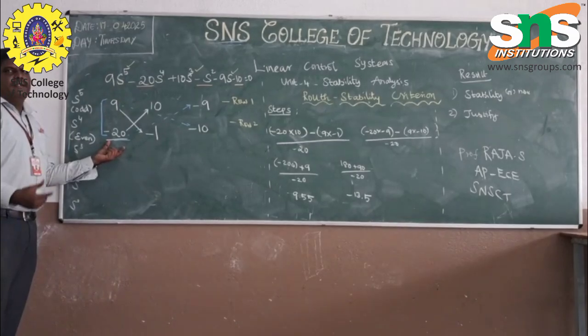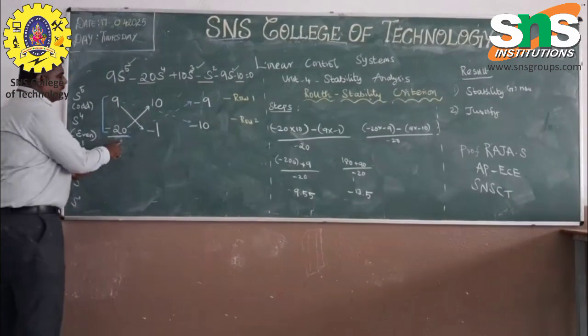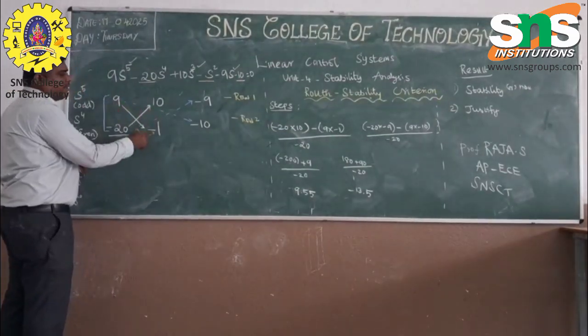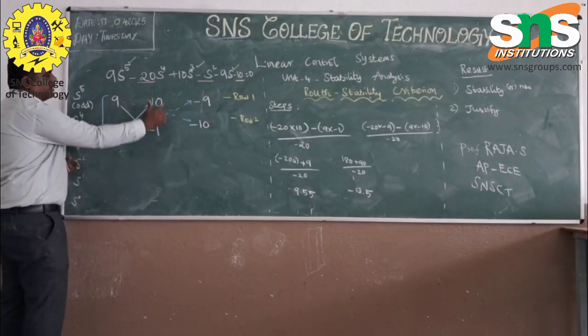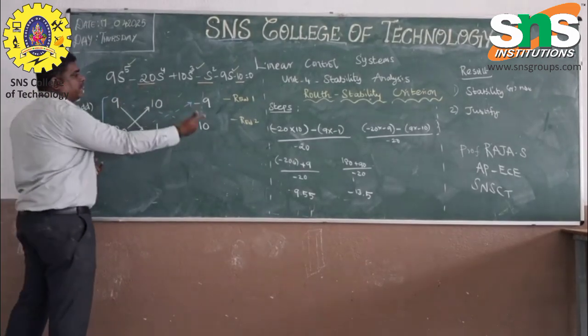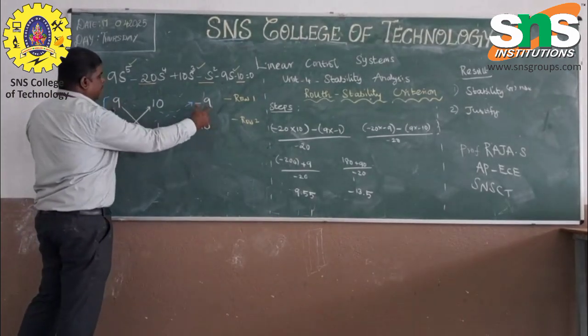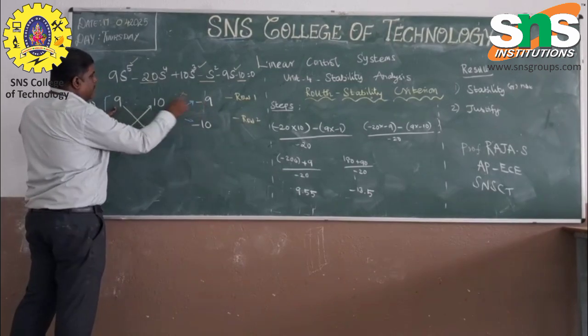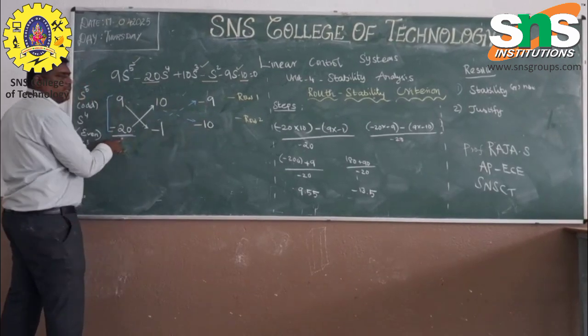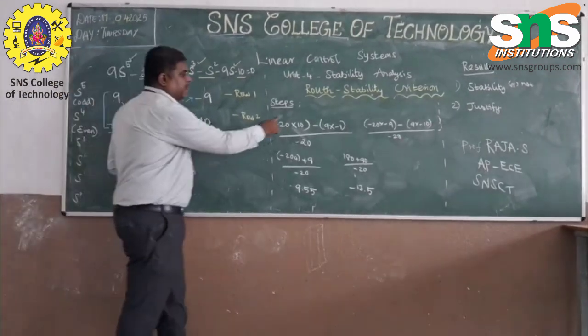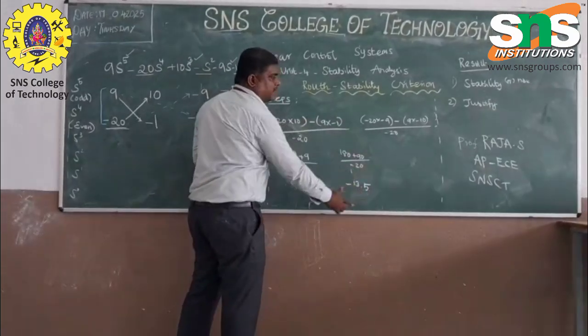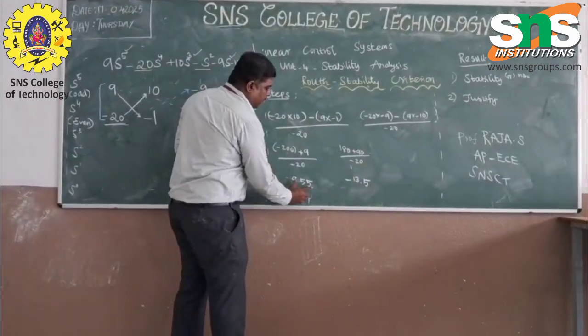Then applying the Routh-Hurwitz method, that is down into top minus top into down divided by the first term for the first matrix. Then I can go for the second matrix, 1 and 3, down into top minus top into down divided by the down term. So I can separately do all these steps in a separate area. Then the final result is